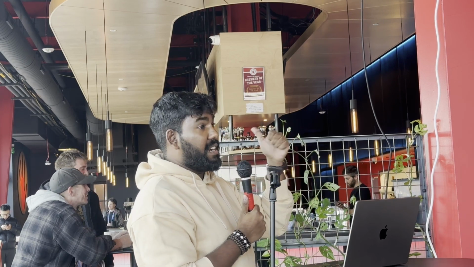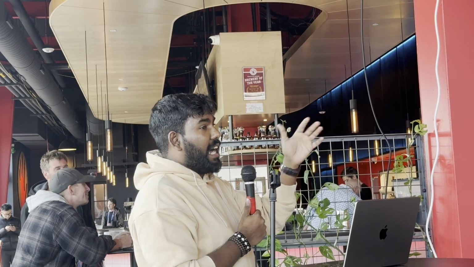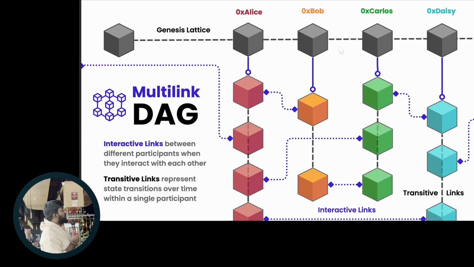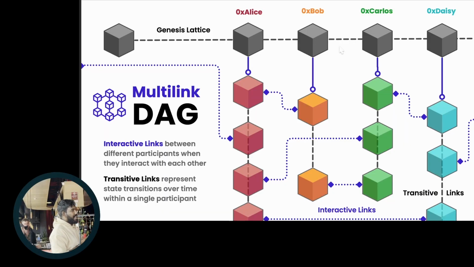This allows us to obviously make the write very efficient, but it does make the chain a lot more insecure, right? The way we can solve for that is, not only do you see there are chains between the blocks of participants, you can also see there are sideways links between participants, right? So you no longer need to rely on the height of the chain for security, but rather the fact that it's a web, it's a lattice, with sideways interactive links and up and down transitive links, right? These create this lattice model, and inside the code it's called a tesseract lattice, right? This whole data structure, but the way that we manipulate and manage it is called the multi-link DAG, and this is one of the core innovations we had to do.